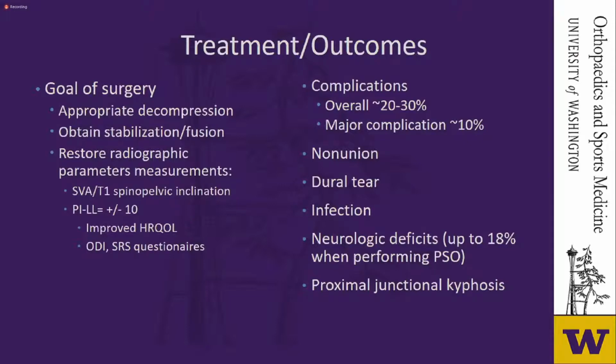their healthcare quality of life questionnaires. Complications are unfortunately a very real complication associated with adult spinal deformity surgeries. Overall, anywhere from 20 to 30%, with major complications being around 10%. Some of those complications being non-union, dural tear, infection, neurologic deficits that can occur and do occur more frequently in